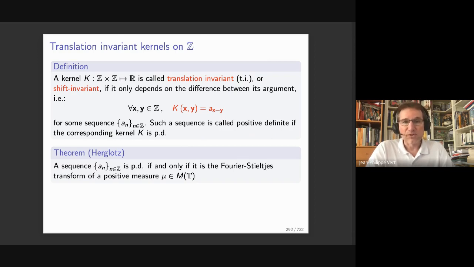So we will see later an extension of that to kernels defined on the real space. But already here, we have a complete characterization, and later we will see that we can also get a characterization of the RKHS. All right, so first, let's now try to clarify precisely the meaning of this theorem, in particular the Fourier transform,